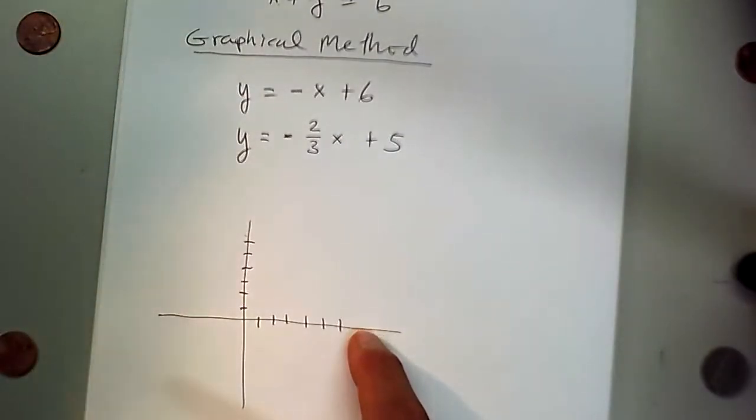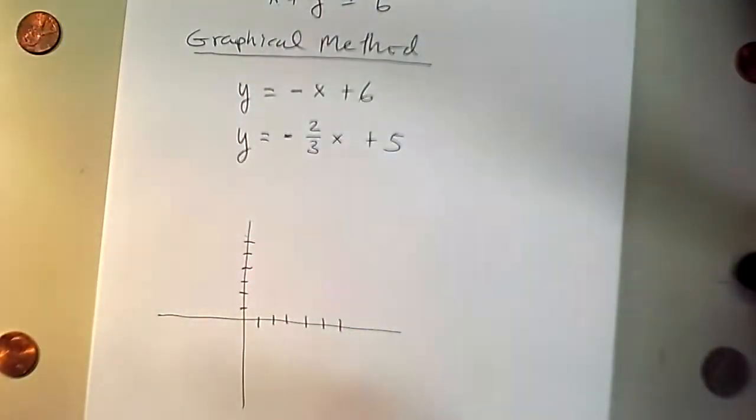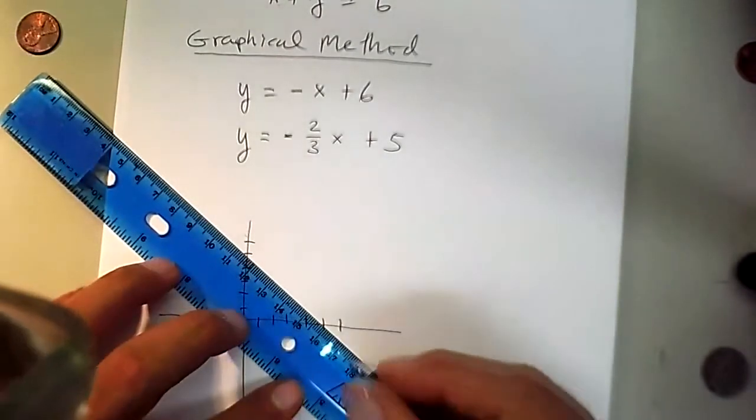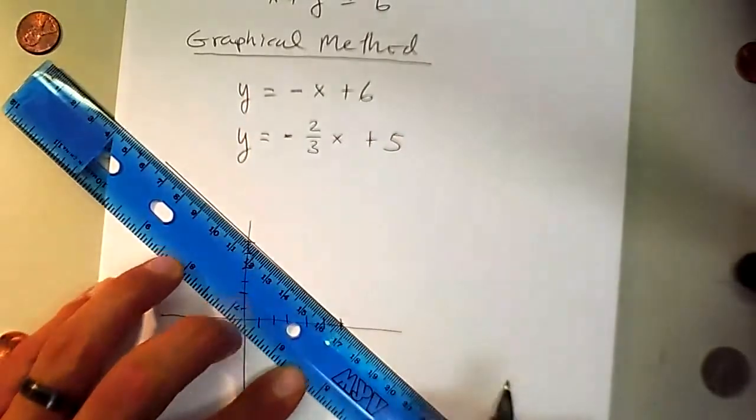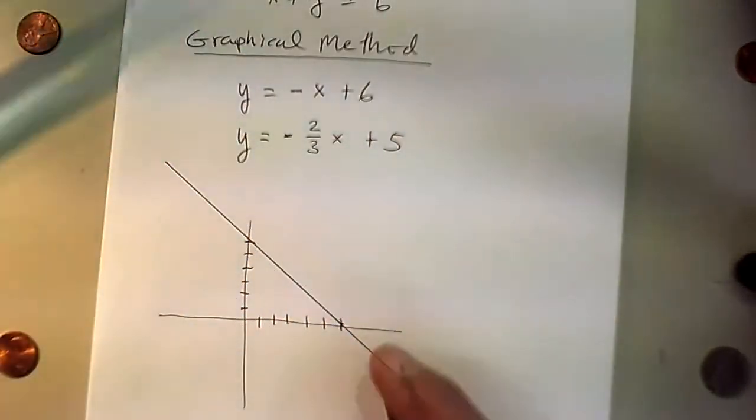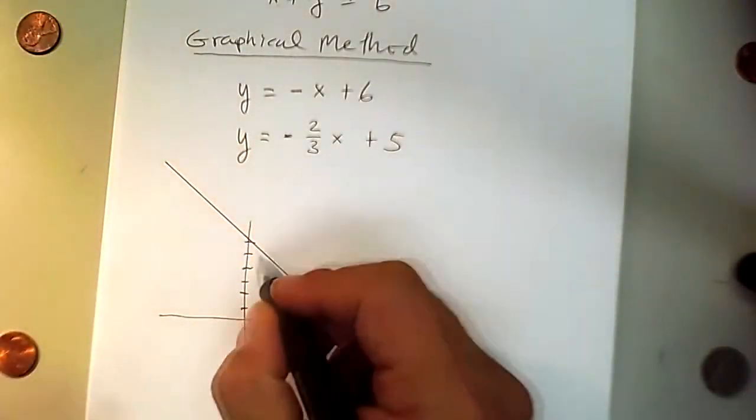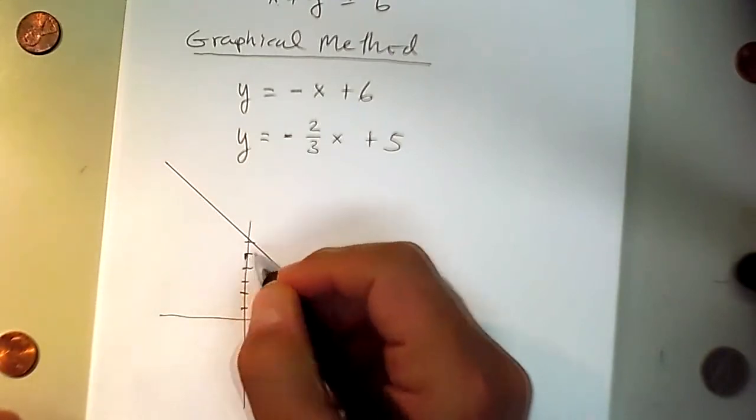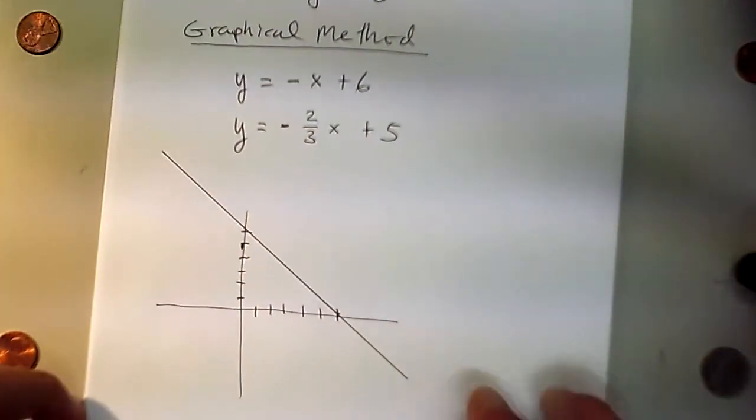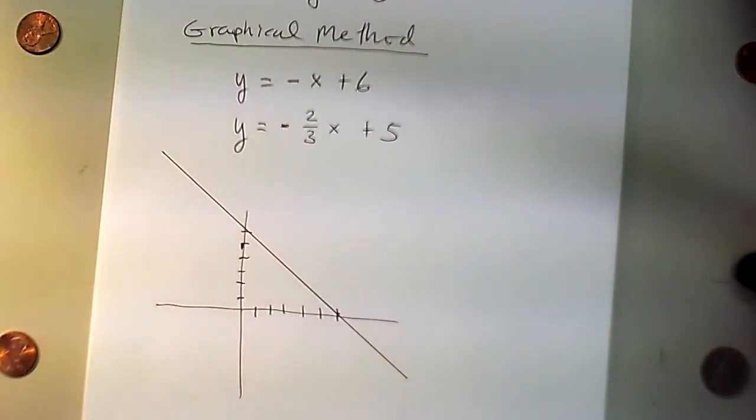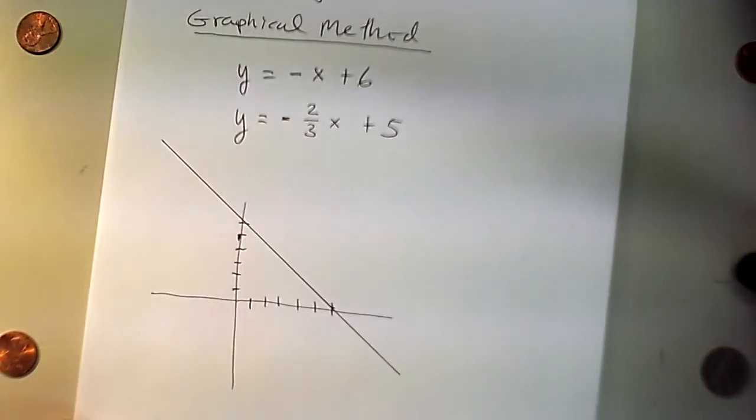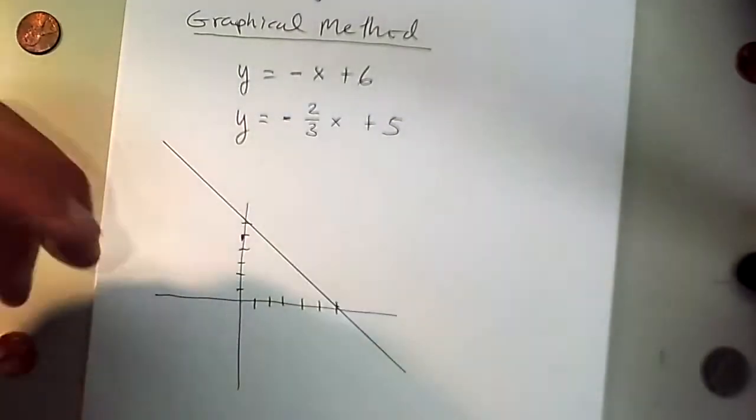I'm going to use a ruler to make my line reasonably straight, although somebody could argue, well, your axes are not very straight, so I don't know if that's going to help. The other line goes through (0, 5), and it has a slope of -2/3. So every time we go 2 units over, and by the way, some people say, well, I don't know, they don't want to do this